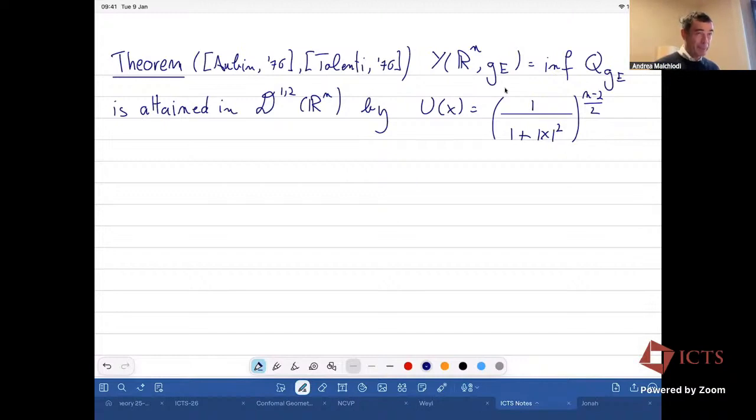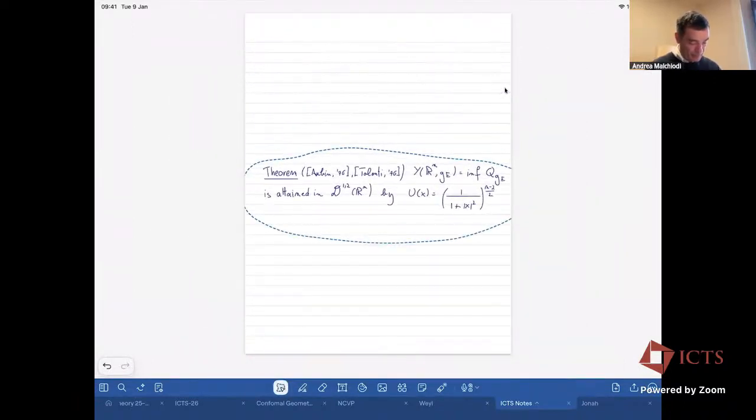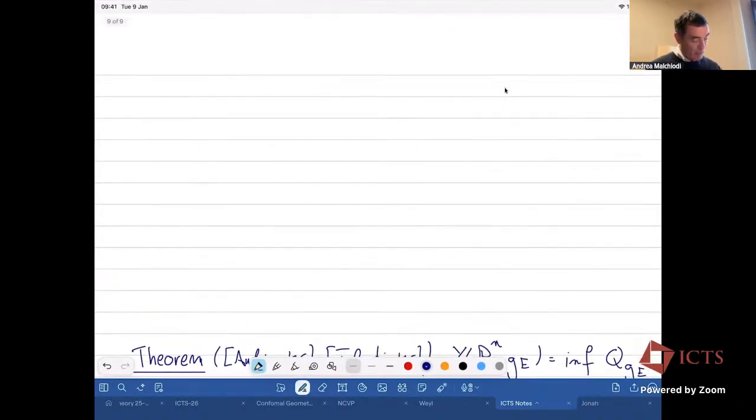All right, hello everybody. So let me recall what I proved yesterday. We were considering the Sobolev quotient in the Euclidean space. So let me move this theorem. Okay, so we consider R^n with the Euclidean metric, in dimension n greater or equal to 3. We consider the Euclidean Sobolev quotient,